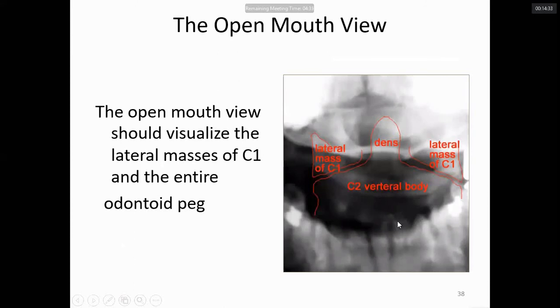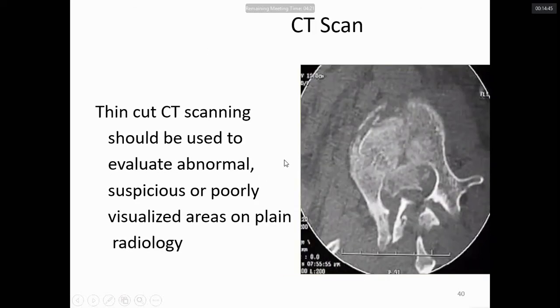Another method of evaluating spinal injuries: many times you have to go not only for X-ray but for a CT scan, and the CT scan basically tells you whether you have to go for operative fixation or you can manage conservatively. You can see this is the axial cut of the spine, and this hole is the foramen where the spinal cord passes. But if there is a fracture, the body is totally fractured, a comminuted fracture, and some piece is displaced posterior to the foramen and compressing the spinal cord. So this is a burst type of fracture.